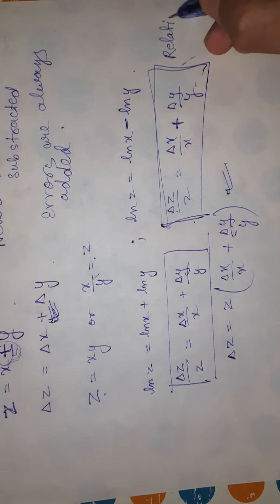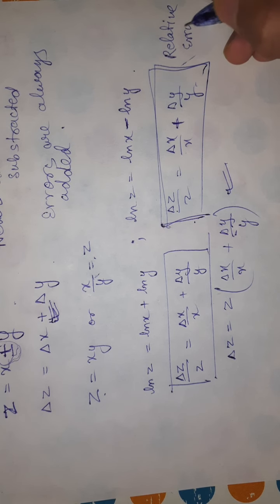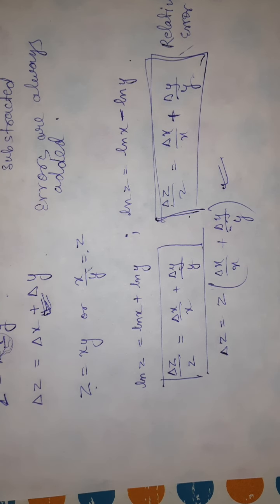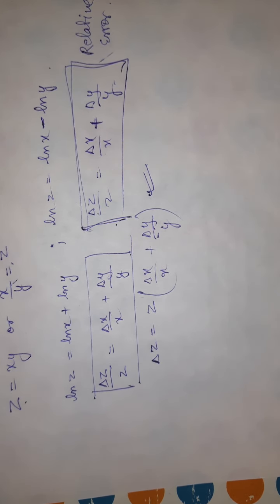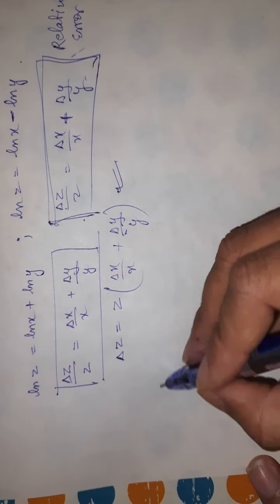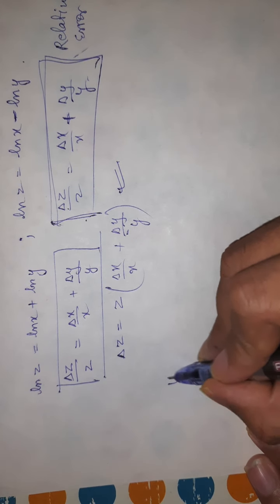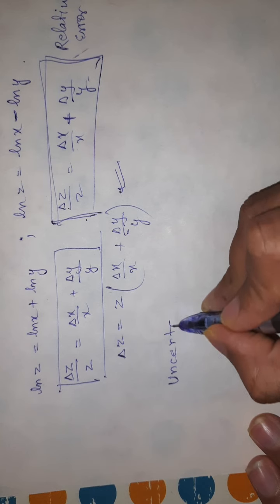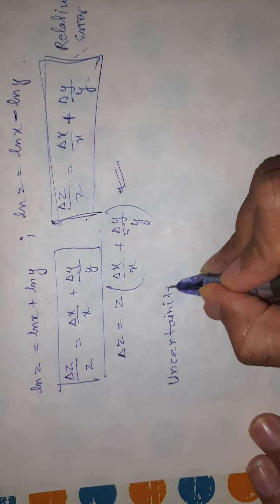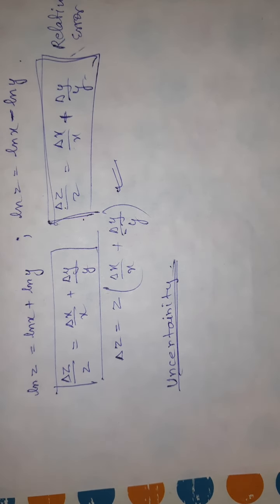So when variables are in multiplication, we use this formula, but this formula is not so reliable. Why? Because we always get a better error in case of uncertainty. Uncertainty gives you a better error. So we are looking for the uncertainty here, and most of the questions in GRF are from uncertainty.